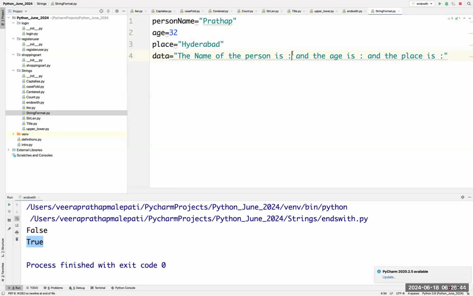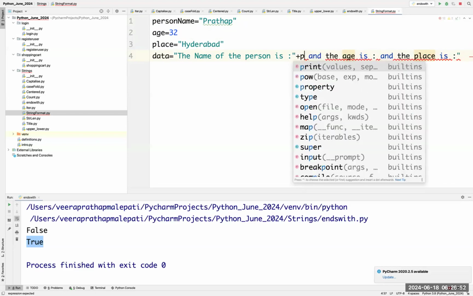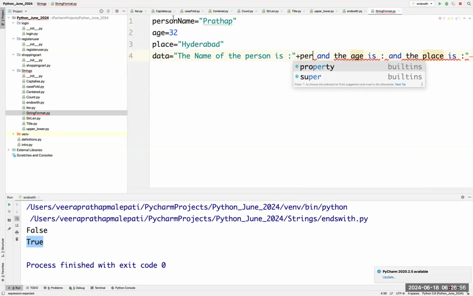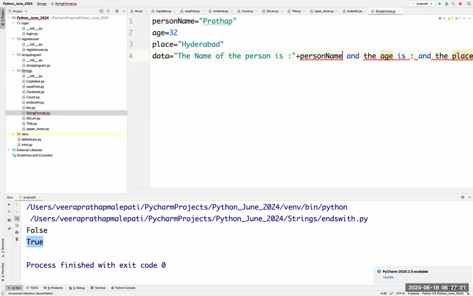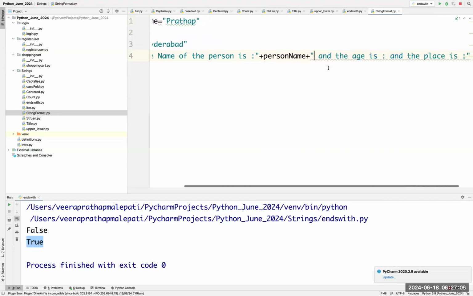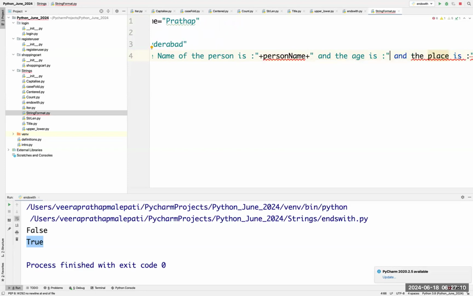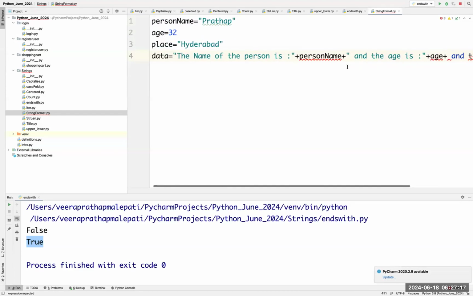Normally what we do is break the string here and concatenate, and age is again we'll break it here and then age is